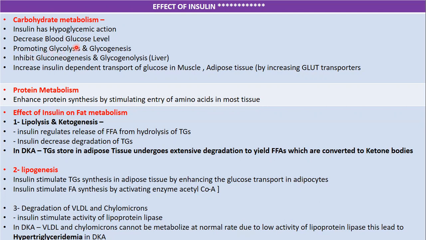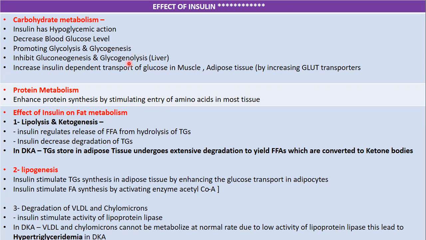Then it promotes glycolysis and glycogenesis, that is formation of glycogen, and increases our ATP. Then it inhibits gluconeogenesis, that is formation of glucose, and glycogenolysis, that is breakdown of glycogen to glucose,